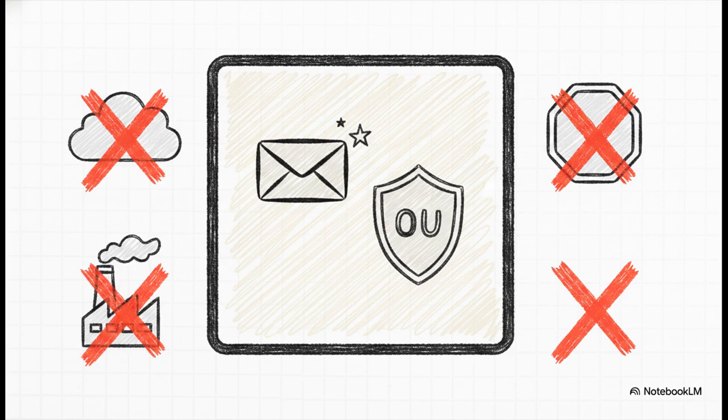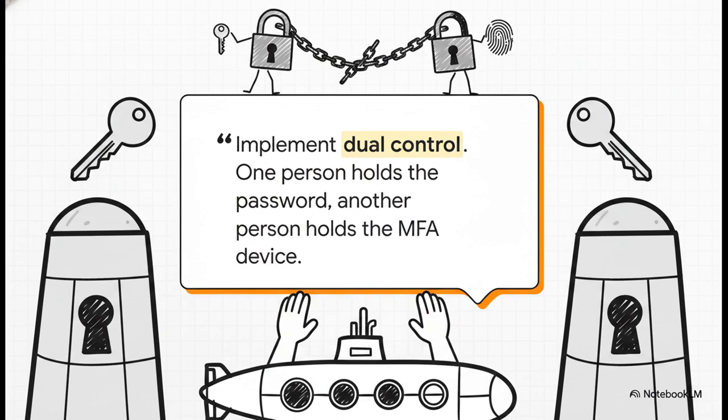the whole purpose. Now, as we move into steps 2 and 3, which is creating the actual users, this quote is the golden rule you have to follow. Implement dual control. One person holds the password, another person holds the MFA device. Seriously, think of this like a nuclear submarine or a missile silo, where two keys have to be turned at the exact same time. It's a brilliant way to prevent any single person from having unilateral, unchecked access to your